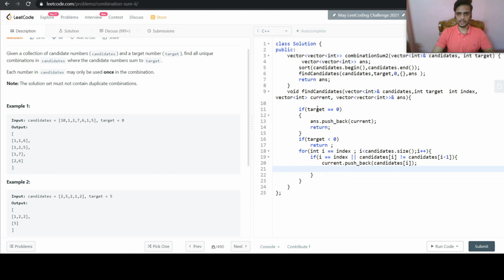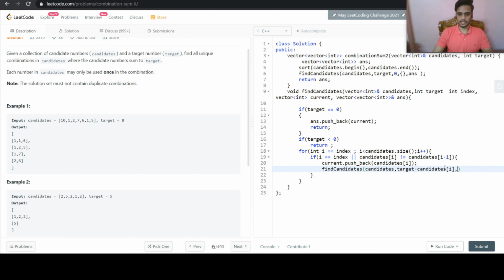So we'll call the function again, findCandidate, and this will have the candidates vector and the target minus candidates of i, since we have already consumed this one.